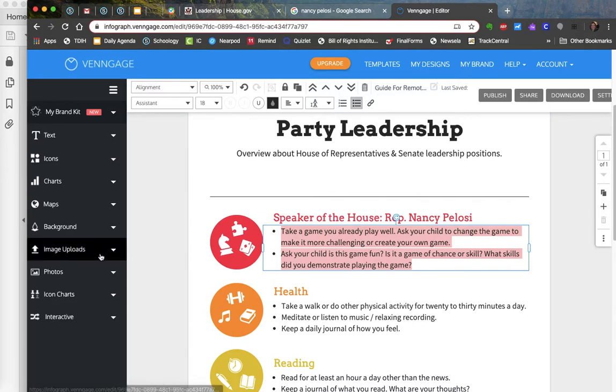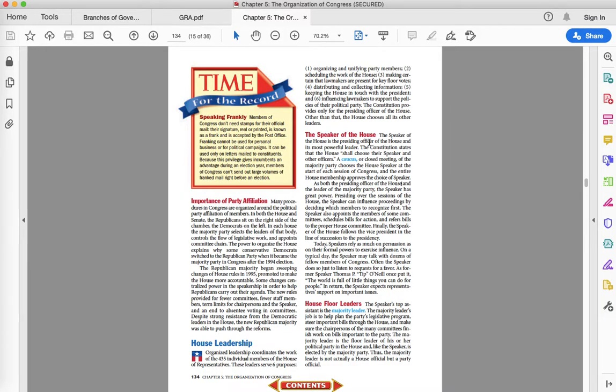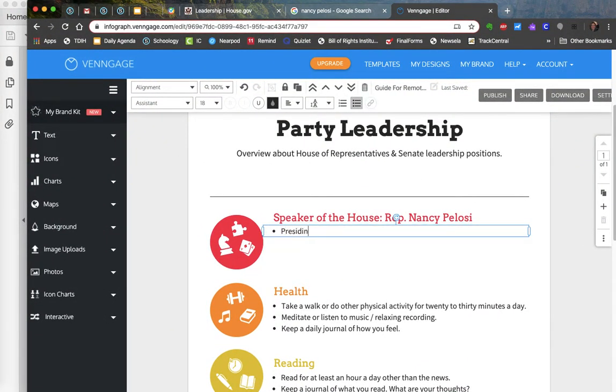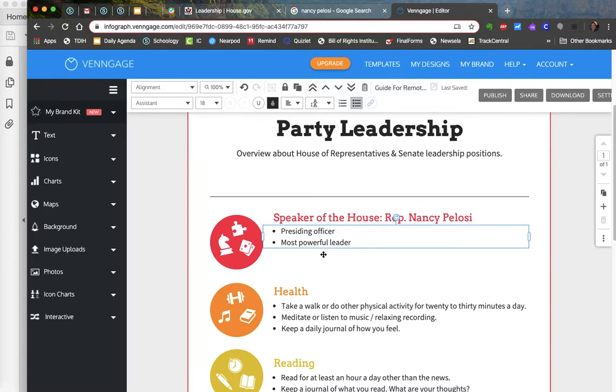If we go back over to the text information, presiding officer, its most powerful leader. I would want to include more information, but I'm going to stop there just to save time so this doesn't go on and on. But make sure you include a little bit more information about why it's such a powerful